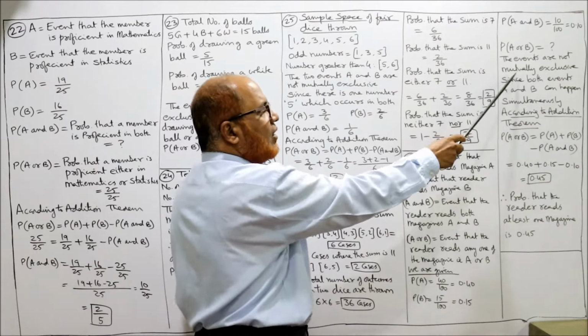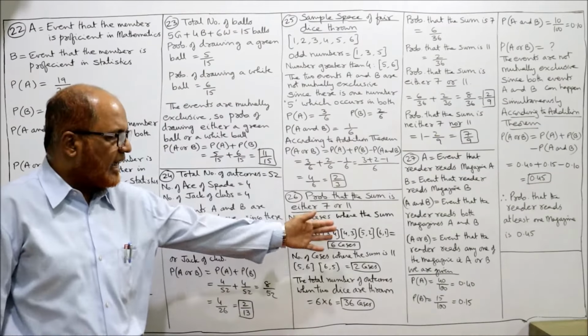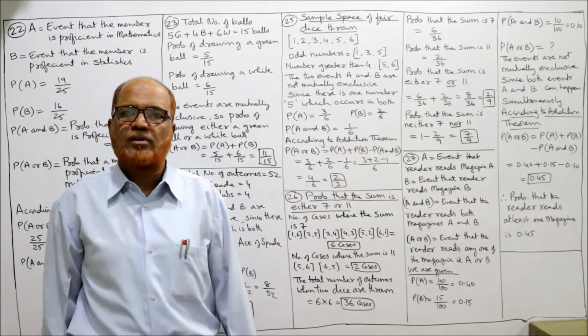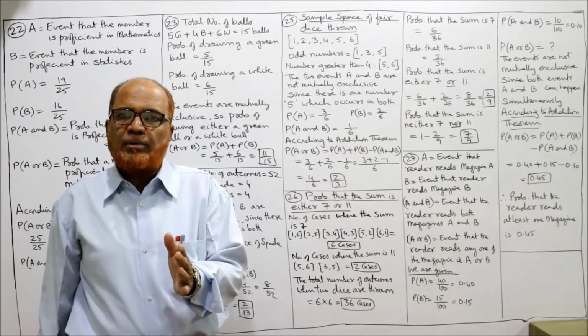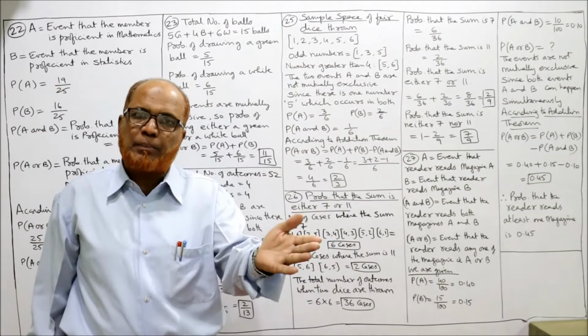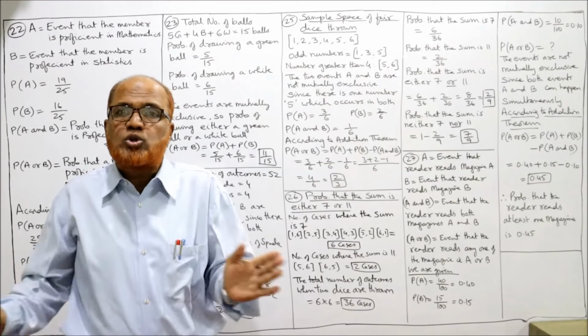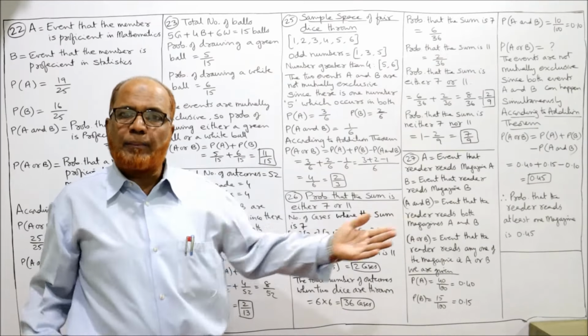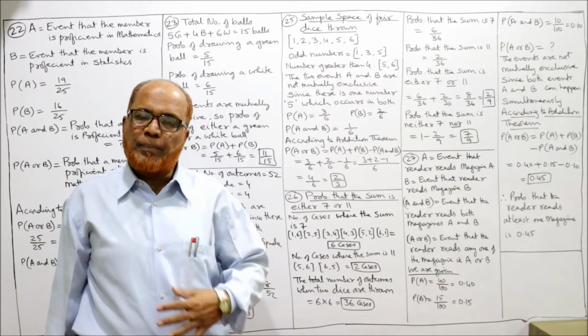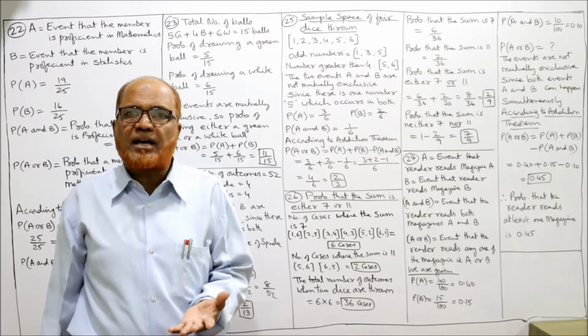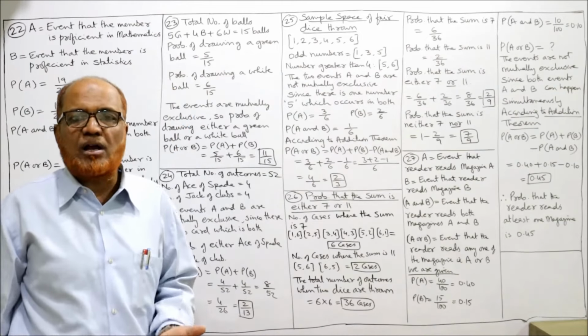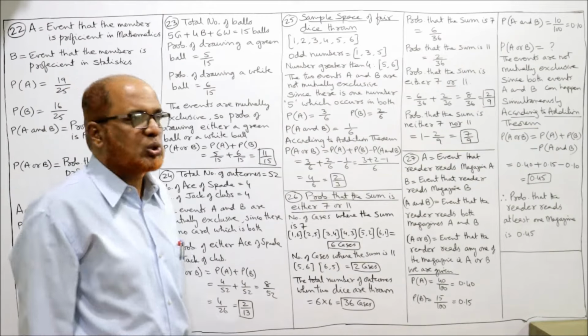So the events are not mutually exclusive. This A and B are not mutually exclusive. म्यूचुअली एक्सक्लूसिव का मतलब ये होता है ए पढ़ने वाला बी नहीं पढ़ता, बी पढ़ने वाला ए नहीं पढ़ता, तो इसको म्यूचुअली एक्सक्लूसिव. लेकिन यहां पर नहीं है, यहां पर तो दोनों भी पढ़ सकता. A person can read both the magazines also. That's why the events are not mutually exclusive.